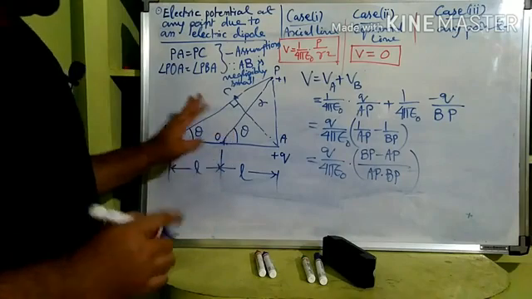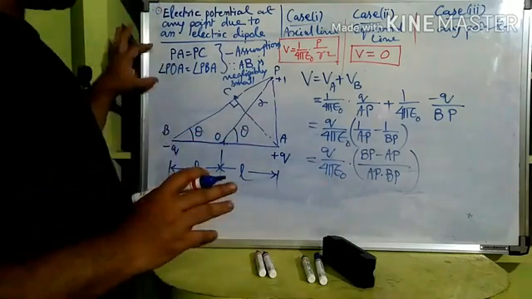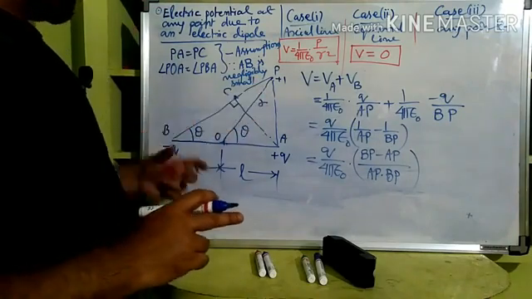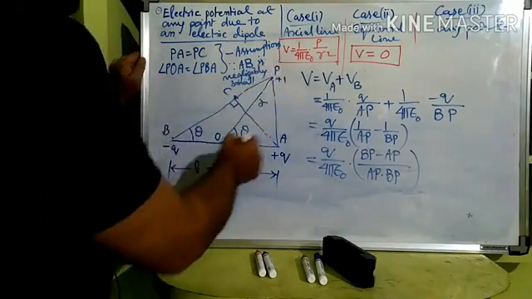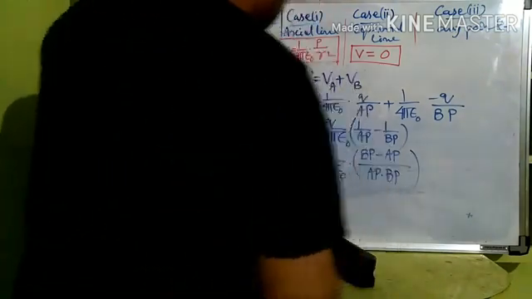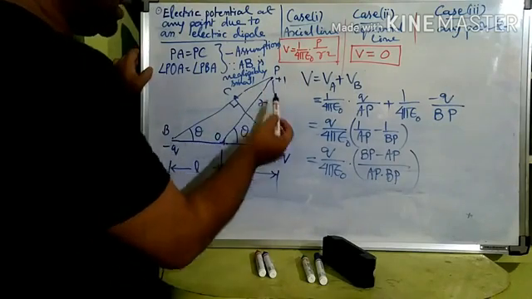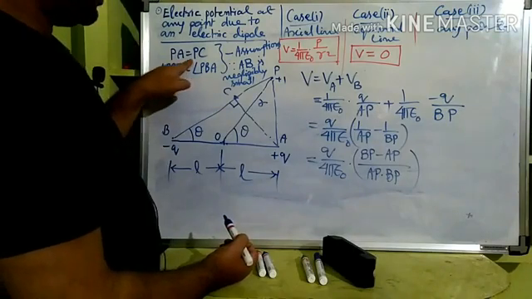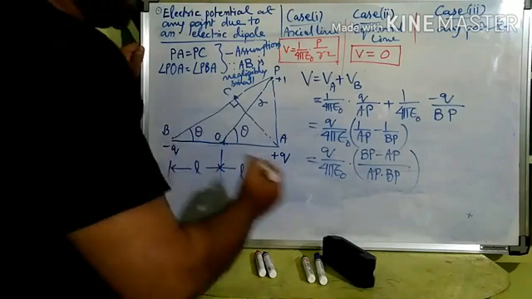Okay. Now till here it is the same, but here we will apply two assumptions: PA is equal to PC and angle PBA is equal to angle POA. Now you see, BP minus AP is equal to how much? We can replace that by BP minus PC. Now BP minus PC is equal to BC, isn't it?